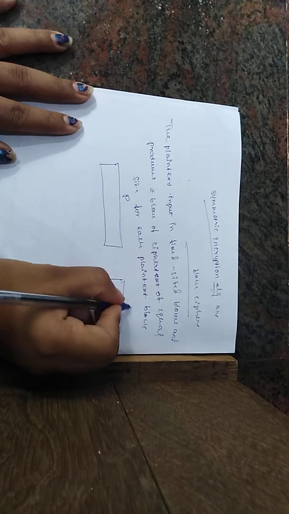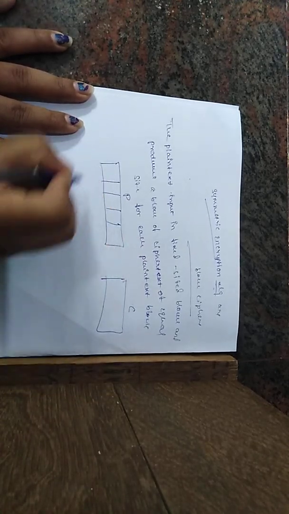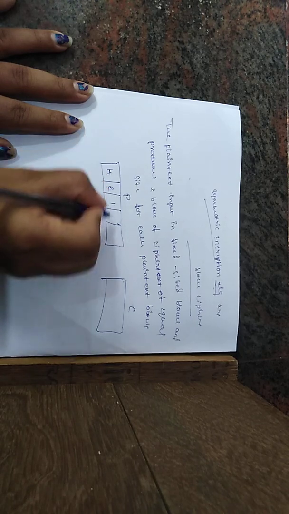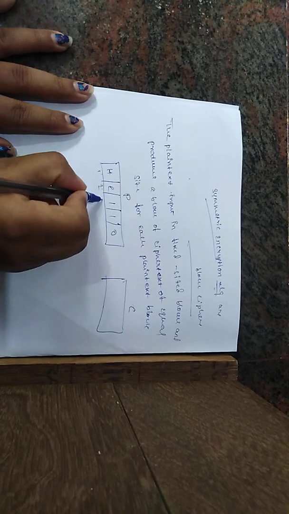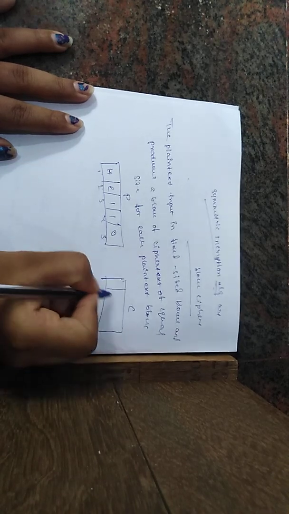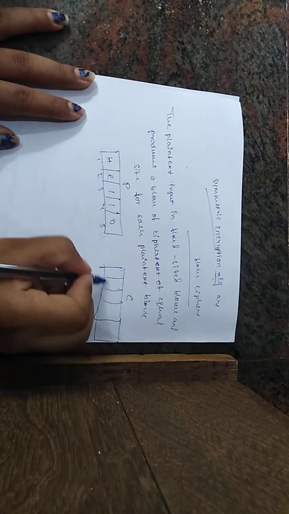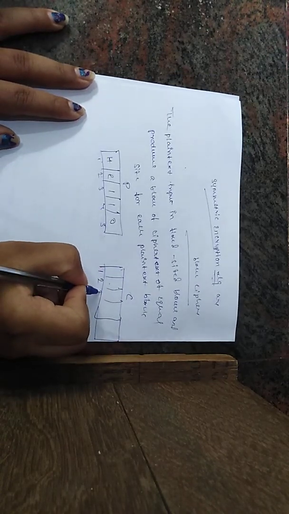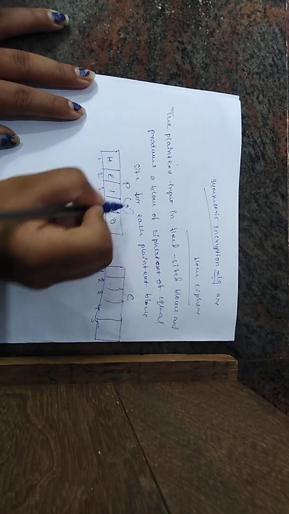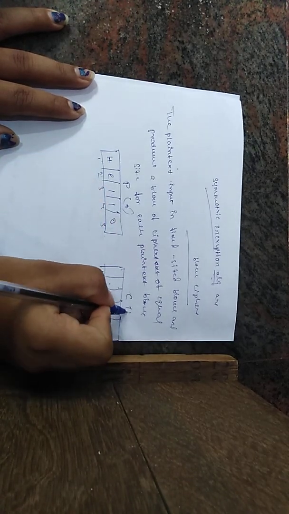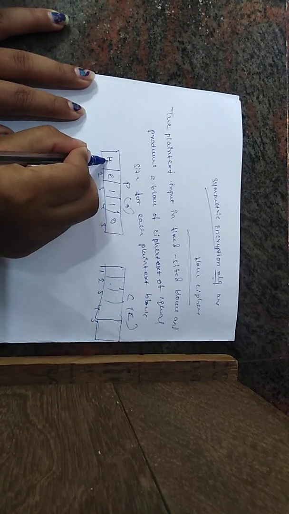This one is the plain text, this one is the ciphertext. I will send the information, for example hello. We can use 5 blocks, 1 2 3 4 5 blocks. Here also, the same 5 blocks we can get. Plain text means original information. Ciphertext means coded information.